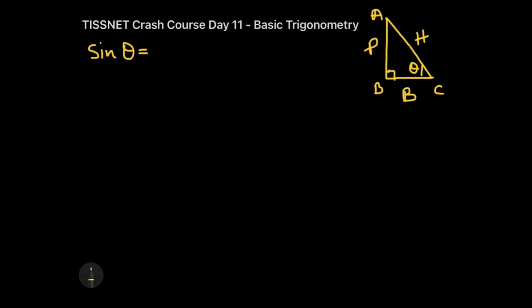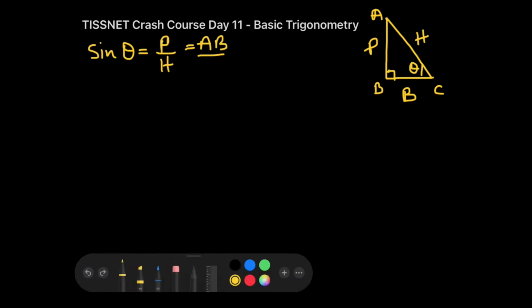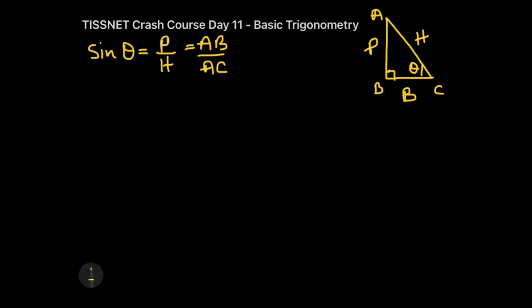But in case I make the theta at A, then my base will become AB and my perpendicular will become BC. So that is a very important thing to note. Where is our theta? Now, sin theta is always the value of perpendicular by hypotenuse. Perpendicular by hypotenuse is what we call the sine value, and here it will be equal to BC by AC. Not AB, it's AC. So BC by AC, and it's very, very important to know this, because these questions are a part of the frequently asked trigonometric questions, especially in heights and distances.